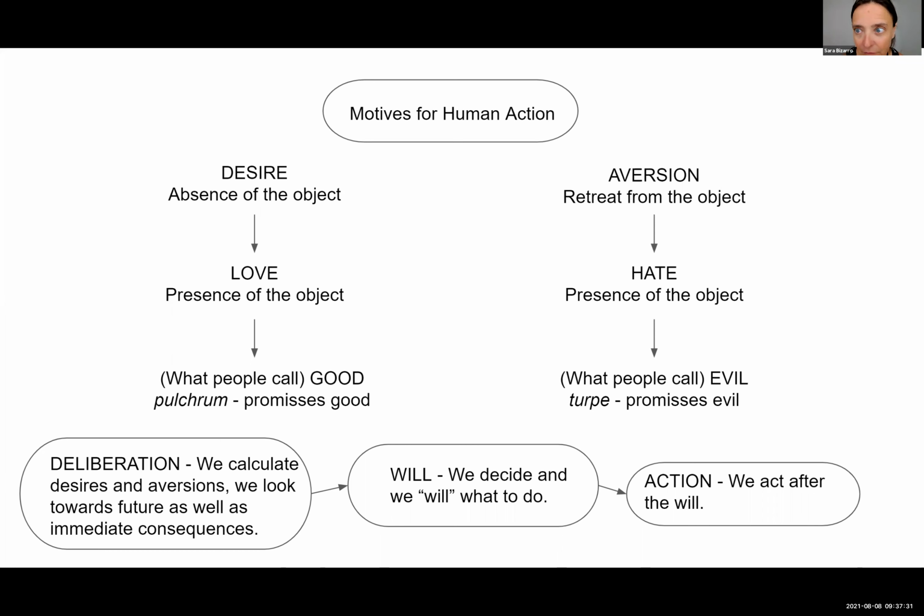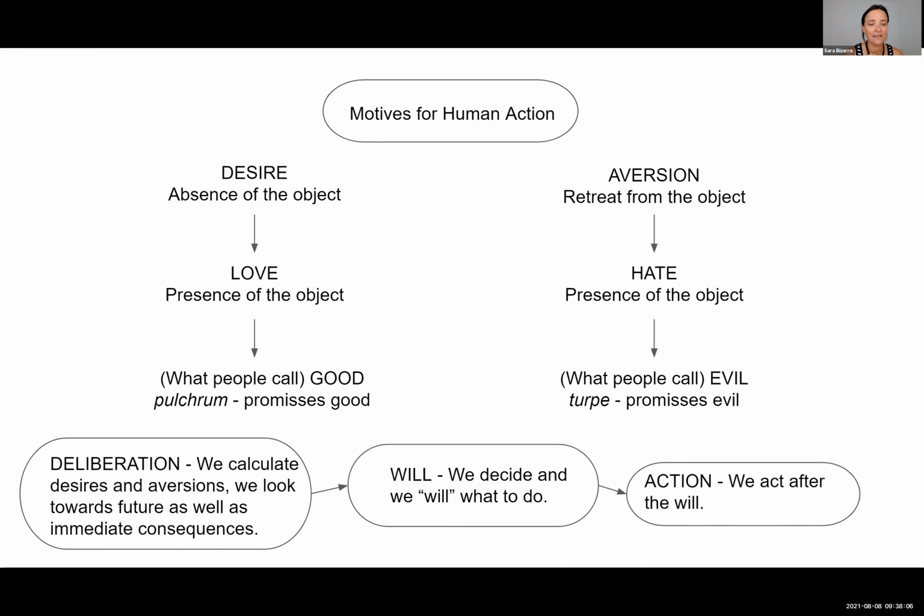He also recognizes that. So what he thinks that humans do is they have these aversions and desires, which are different from culture to culture, person to person, social group to social group. They're even different, he thinks, in different times of your life. So you might have a desire for something in one time of your life, and in another one you have an aversion to it. So it's completely relative. Anyway, he thinks when people are thinking about action, they do something he calls deliberation.